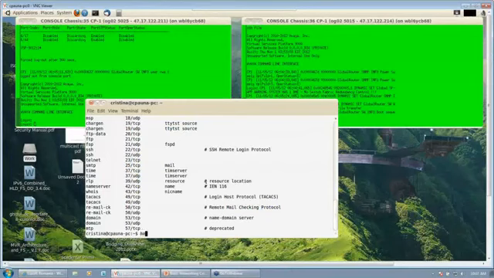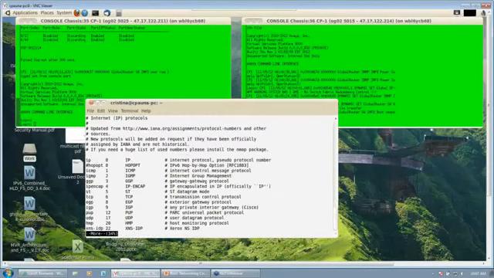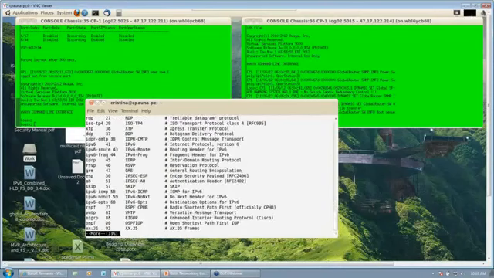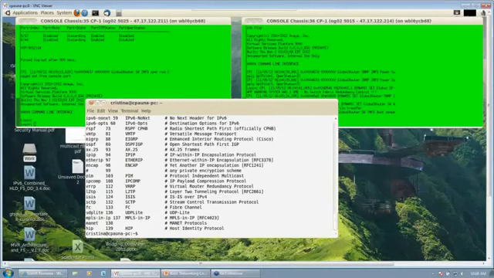In the file /etc/protocols. Here we find UDP has the protocol number 17, or IPv6 has 41. There are a lot of them.